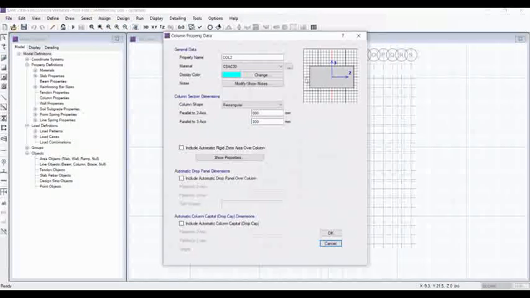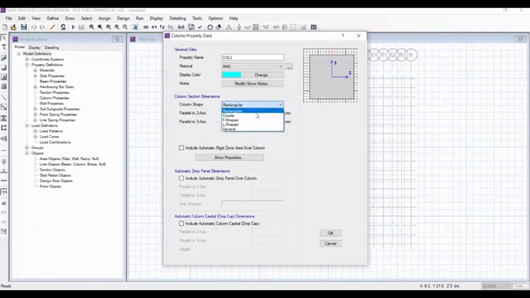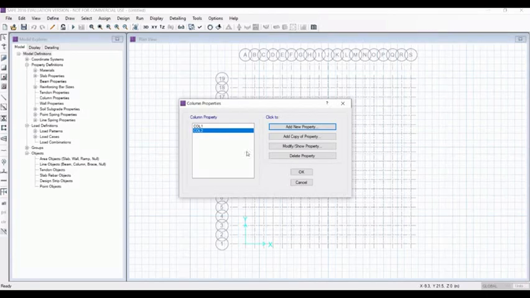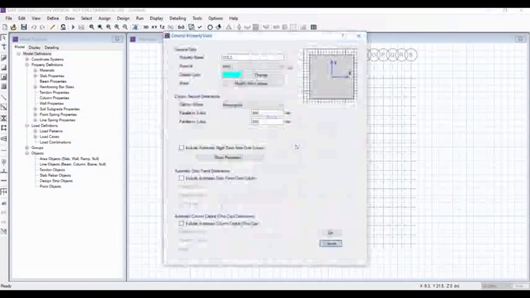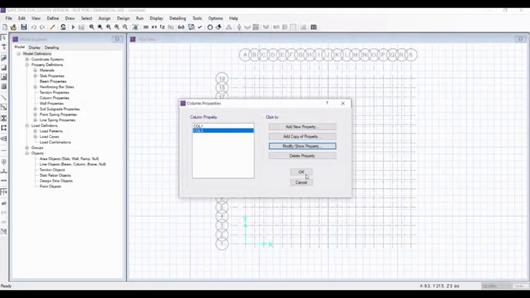And again add a new property, column 2, with the material, and this will be 600 into 600 size. So both the column properties are made. We can modify and show the property web like this, and press OK and OK.